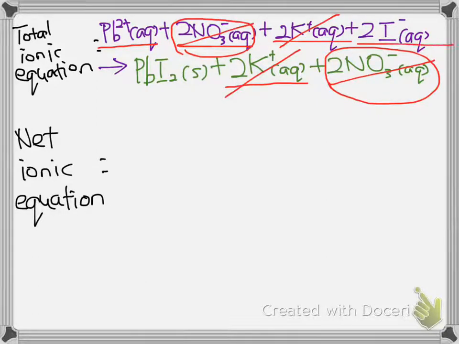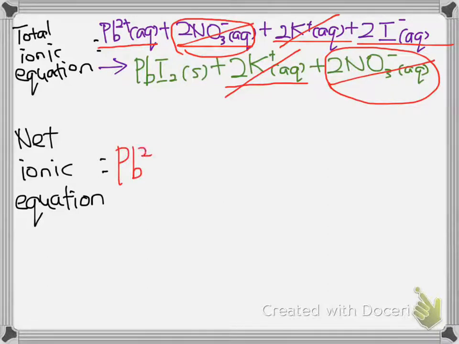Lastly, for iodide ions, it is present in the reactants, but not present in the products. Therefore, it is not a spectator ion. It cannot be cancelled out. Therefore, the net ionic equation for this reaction is actually